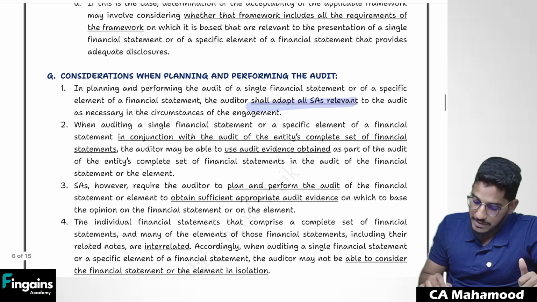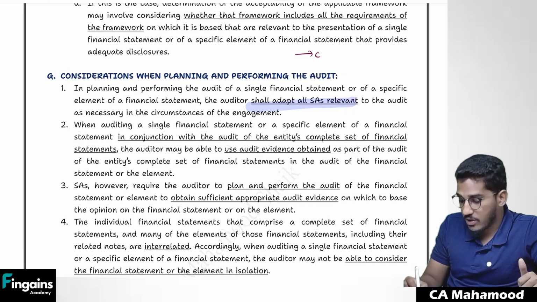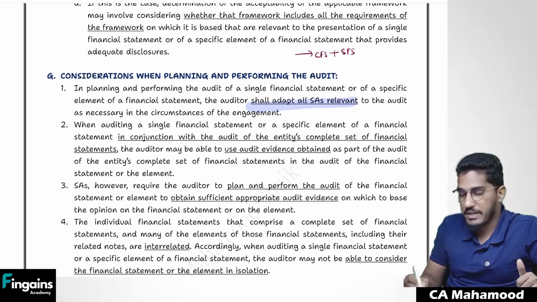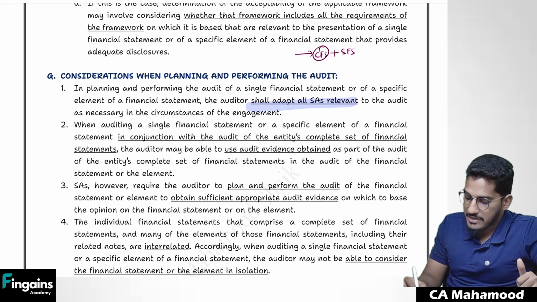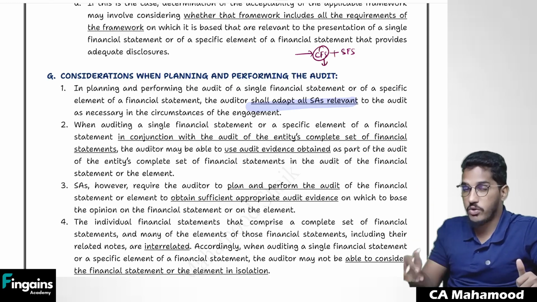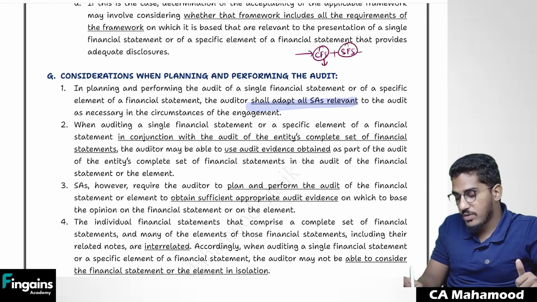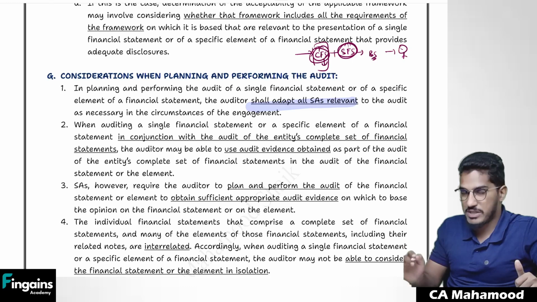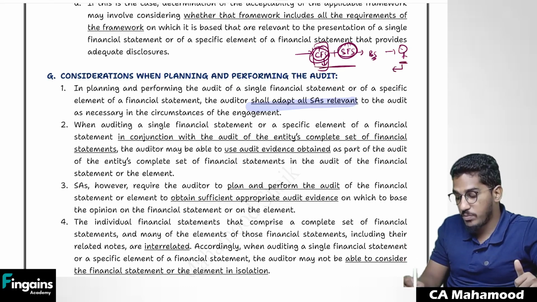And sometimes what will happen is you will be the person who is conducting audit of the complete financial statements, and you will also be the person who is conducting audit of a single financial statement. Like a client has asked you, sir, you are an auditor who is conducting audit of entire financial statements. You are a statutory auditor for them. Along with that, the client has also asked you, sir, apart from this engagement, you also do audit of only the balance sheet. So sometimes the same person can do audit of complete financial statements and also a single financial statement or specific element of a financial statement. Sir, in that circumstance, can I give a single opinion on both?